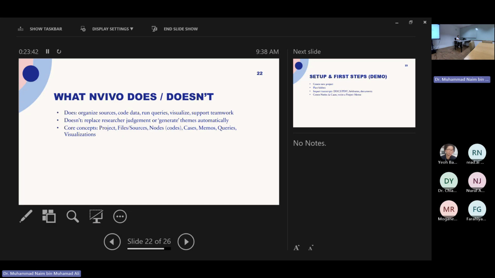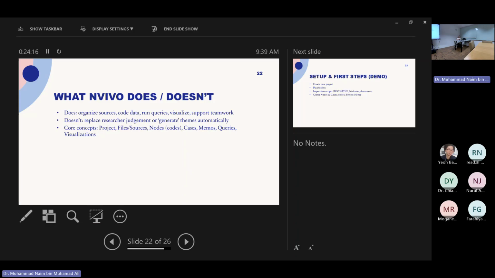Okay. So what does NVivo do, or not do? They organize sources, put in data, run queries, visualize, and support the work. And now with NVivo 15, they also allow you to analyze Excel, meaning surveys that have open-ended questions, correct?